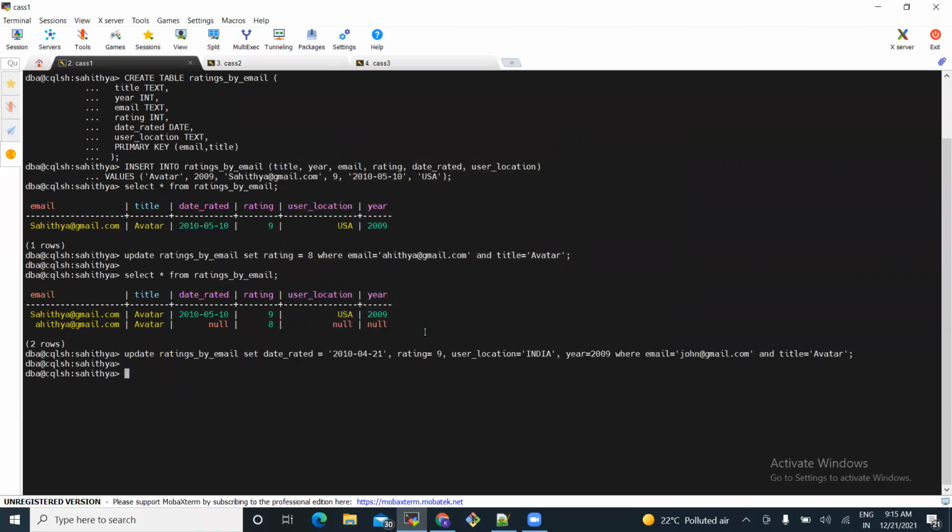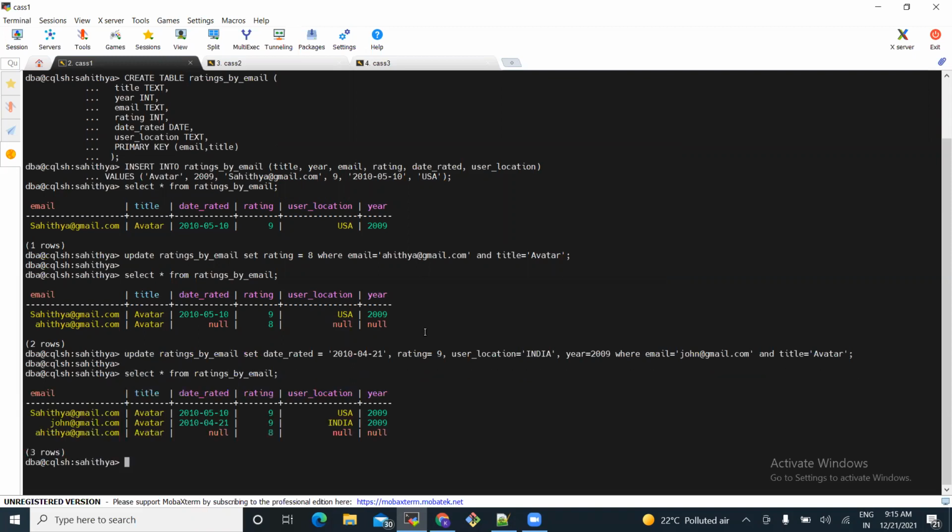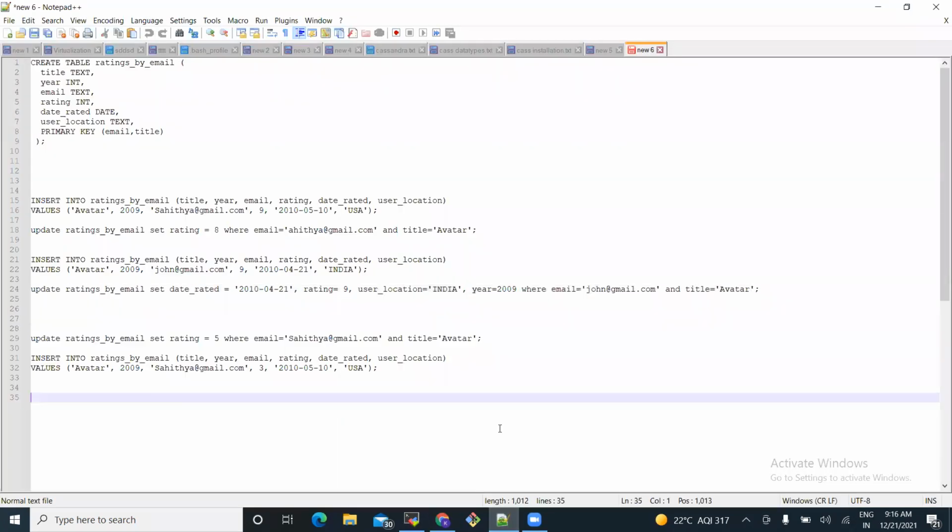Yeah, the update command works successfully. Let's check the table once. See here, john@gmail.com. Another partition got created here by using the update command, as we inserted a row using the update command instead of the insert command.